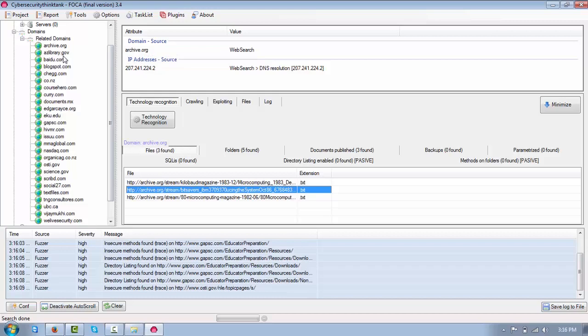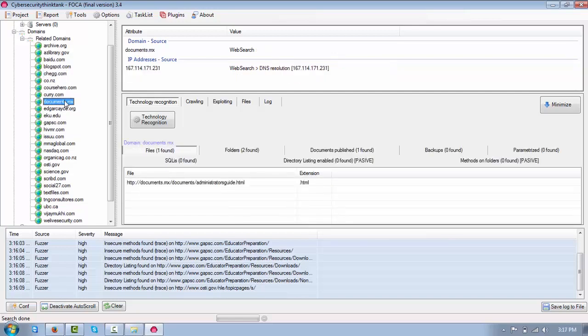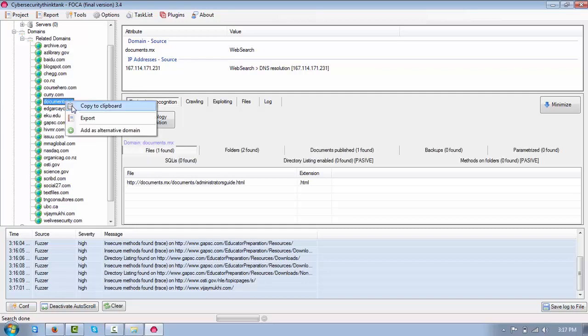So you can see here it's pretty cool, I would say, right? And then you can click on those domains and then further see what technology they're recognizing, crawling those domains. You can crawl further, drill into those domains and see those minute details of information also,